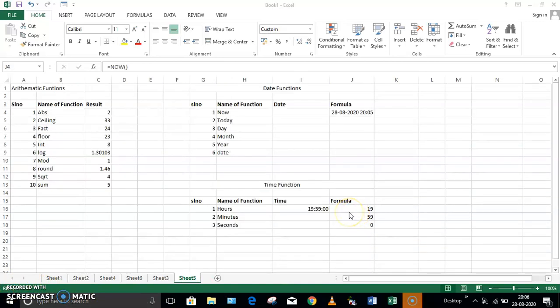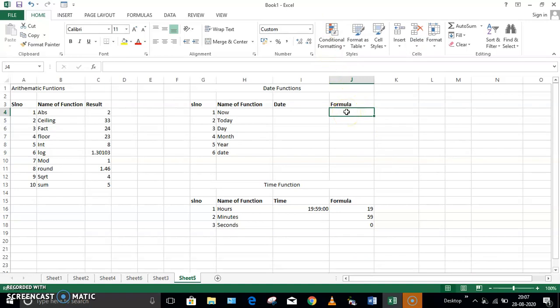Let us move on to the date and time function now. The date function, here I have mentioned all the date functions available with Excel and the formula. Okay, so let me show you the different date functions and how to use it. Imagine you want to insert today's date, that is current date and time, in your Excel sheet. So instead of typing it, you just write the formula, that is the name of the function is now. Okay, you can use this function to insert the current date and time in your Excel sheet.